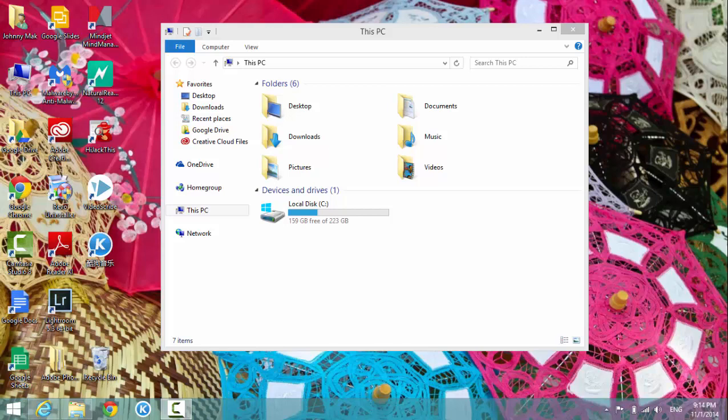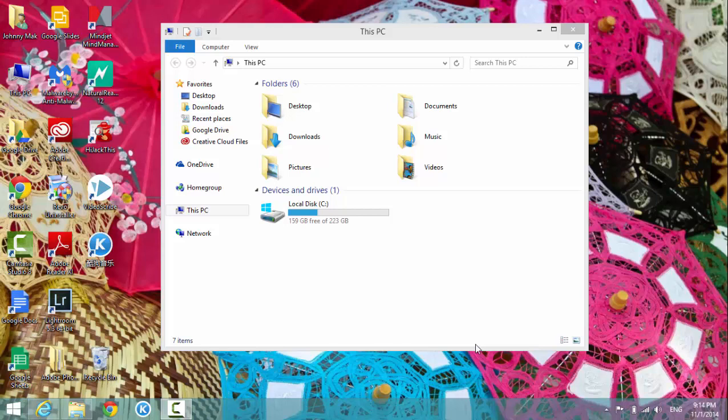I'm going to show you how to use the Show My Desktop on Windows 8.1. There are times when you have so many applications or windows open, blocking the whole screen of the computer, that you cannot go to your desktop, and you have to minimize each application or window each time. It takes some time because sometimes you have so many applications or windows, those folders are open. You don't want to do that one by one.